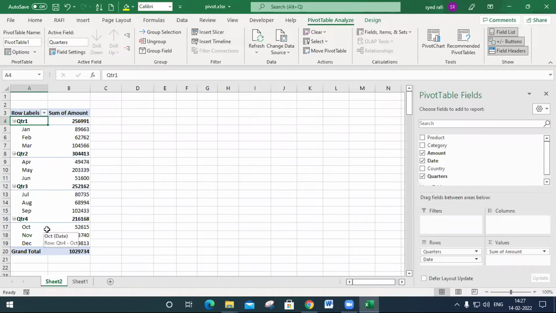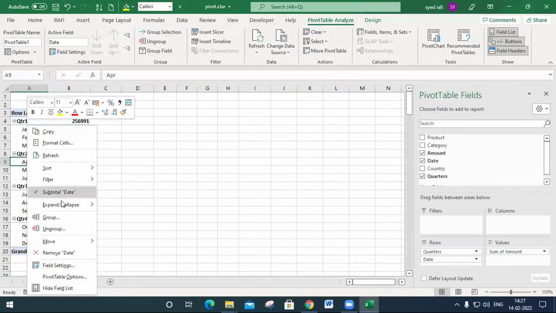So on the date, we may apply group field. And the same you may also apply here by right clicking. So here, right clicking, you may also use group field.